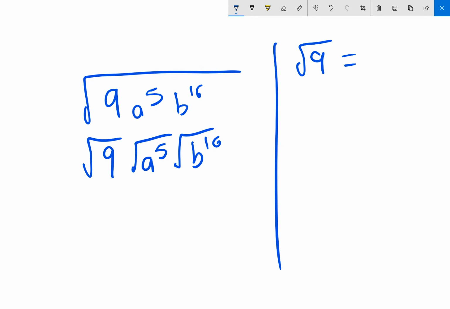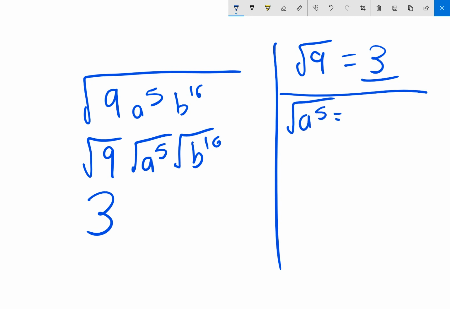is a perfect square. That's just a regular 3. Nothing really special about it. Square root of 9 is just 3. So I'm going to convert that to 3. The square root of a to the 5th, that's a little bit more interesting because if it was an even